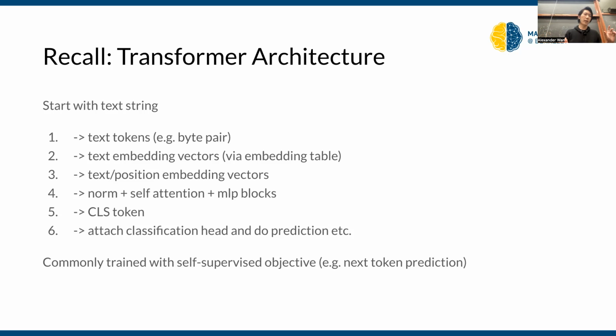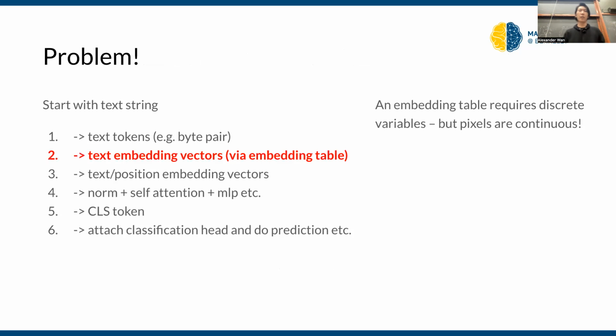One way is to start off by thinking about the simplest way to do this, the dumbest way to do this. One way would be just to flatten an image. We usually have some 16 by 16 image, right? We flatten that into a 256 length vector, 16 times 16, where each item in that vector would be a pixel value. But the issue with that is we can't just input that vector into this